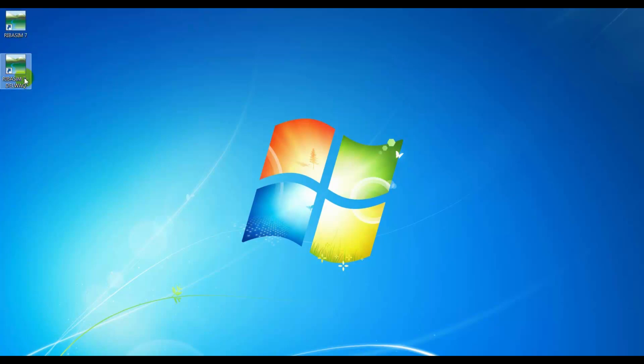As you can see, there are two shortcut keys that are created after installation. The first one is for basic river basin simulation model development, and the second one, RIBASIM Delwaq, is for detailed water quality modeling development, in which all kinds of chemical and biological processes are simulated. For this case, we will be working on the first, basic river basin simulation model. To start the program, double-click on the RIBASIM start icon,